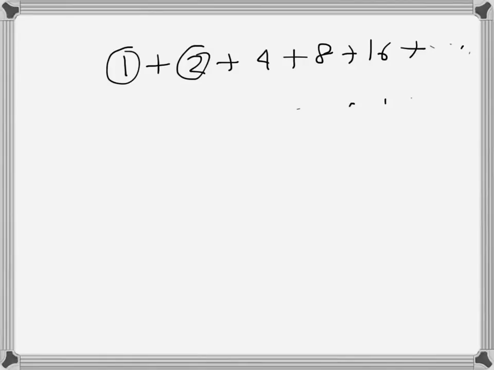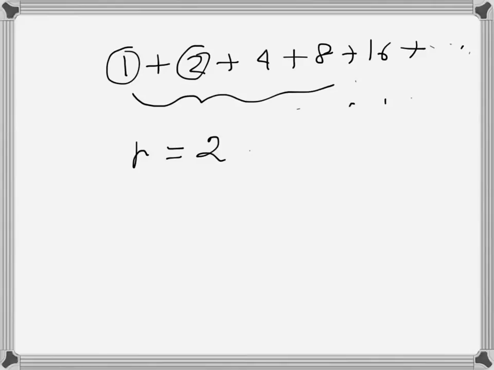If we have a series like this one, 1 plus 2 plus 4 plus 8 plus 16 and so on, where the ratio between successive terms is a constant, then this is called a geometric progression or geometric series. In this case the ratio is 2, and when that happens we can write a formula